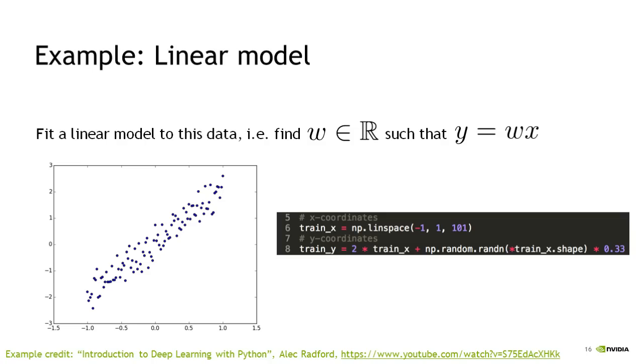So it's effectively a linearly spaced set of data on the x-axis, and then it's the function y equals 2x with random Gaussian noise added to get the y value. So we want to hopefully learn the scalar value w, this real value, so learn that that value should be 2, y equals 2x, from this data. And there's a credit at the bottom of the slide to where this example comes from, and a deeper tutorial on Theano, which you may want to look at, that uses a similar example.